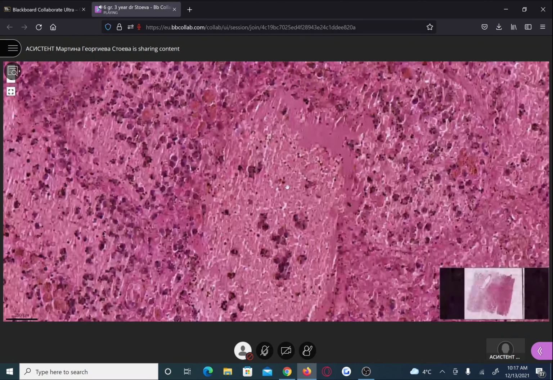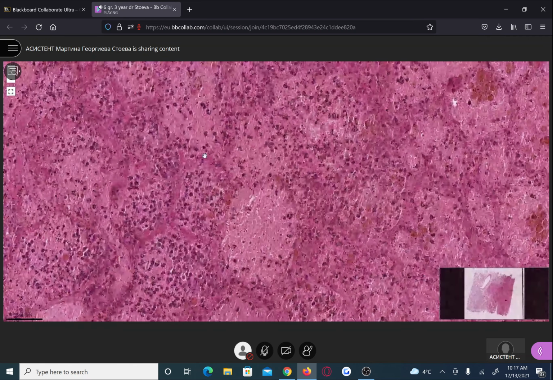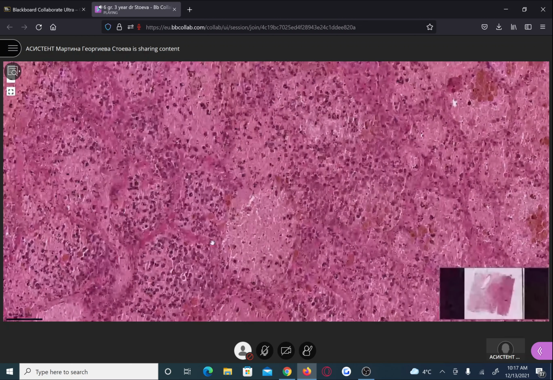In both of the processes, the alveoli will be filled with erythrocytes, like it's here. But exactly the difference is in the necrosis of the alveolocytes. If this is pulmonary infarction, like on this slide, then the alveolocytes will